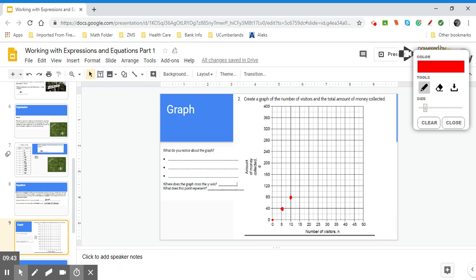So I want you and your group to go ahead and graph the lines of the number of visitors that correspond to the amount of money that they collected. So as we do this,